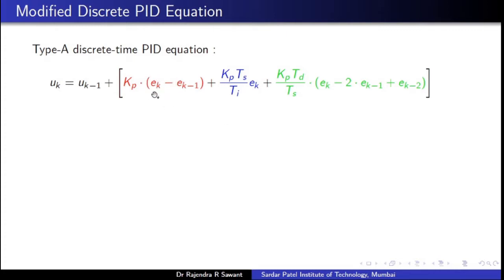E is the error and U is the output of the PID compensator. Since this is a discrete time equation, K is the current time step, K minus 1 is the previous time step, and K minus 2 is the time step previous to that.